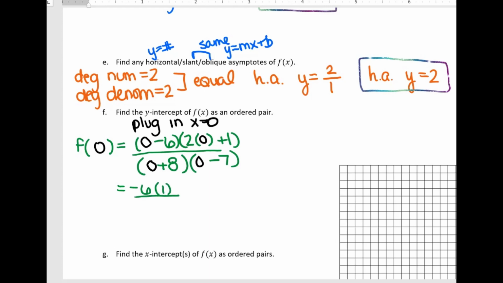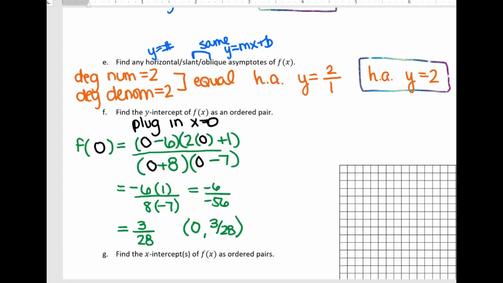Down below, we're going to have 8 times negative 7. We get negative 6 all over negative 56. And this reduces to a positive 3 all over 28. And our ordered pair is 0, comma,